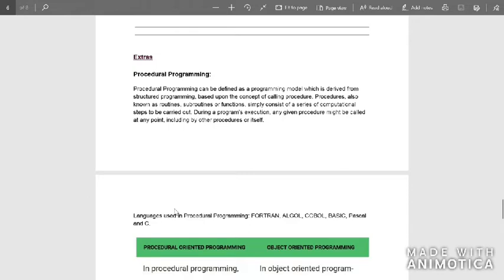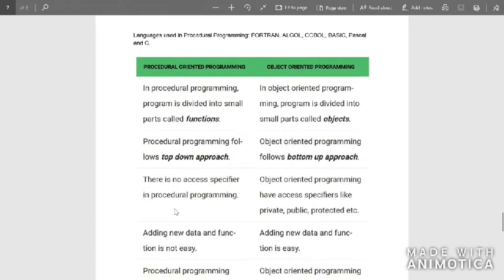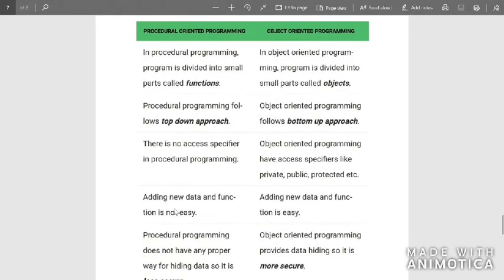Next, we'll see the main difference between procedure-oriented programming and object-oriented programming. In procedure-oriented programming, as I said before, the whole program is divided into small parts, which are called functions. But in object-oriented programming, it's divided into objects. Let me give you an example of object-oriented programming. In object-oriented programming, there is going to be the concept of class and objects. For a real-time example, the example of a class would be a vehicle. Objects would be the different types of vehicle, like there can be three-wheelers, two-wheelers, four-wheelers. Those all are objects.